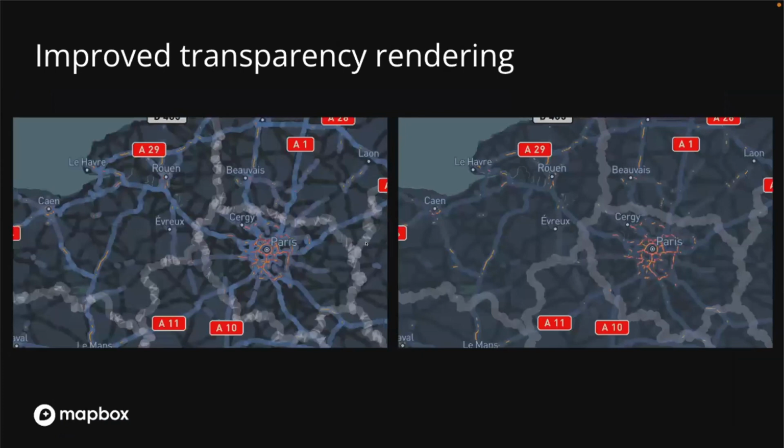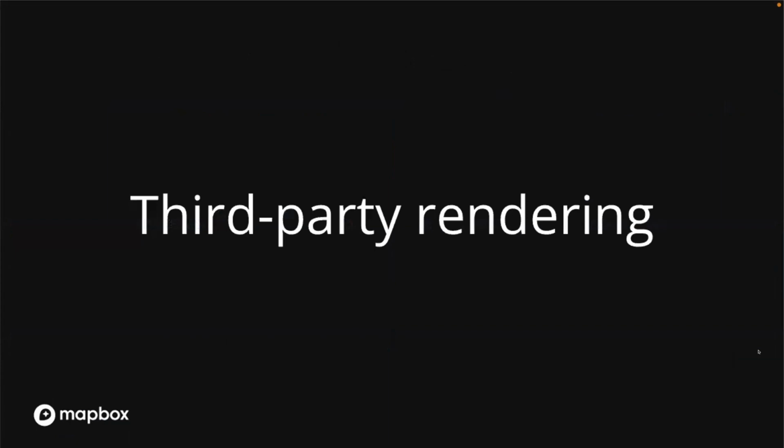Some interesting things were also improvements to transparency, where a lot of users were complaining about the transparency having a lot of overlaps with self-intersecting geometry, and we are now using a stencil-based technique to have consistent opacity throughout the entire line. And yeah, the next thing that I'll talk about is third-party rendering, which is closely related to deck.gl integration